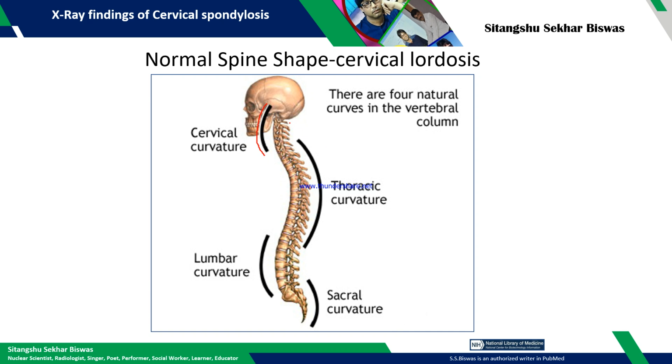Okay, so normally the cervical lordotic curve will be in a C shape. This is the normal, and this is the dorsal area. The lumbar segment will be like this, and the sacral curvature will be like this. So once there is a lack of cervical curvature, or a lack of cervical lordosis, this is one prompt indication of cervical spondylosis. Okay,